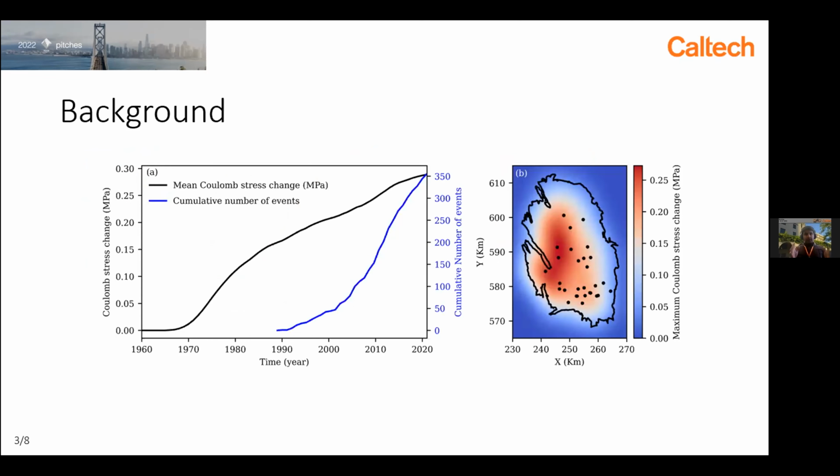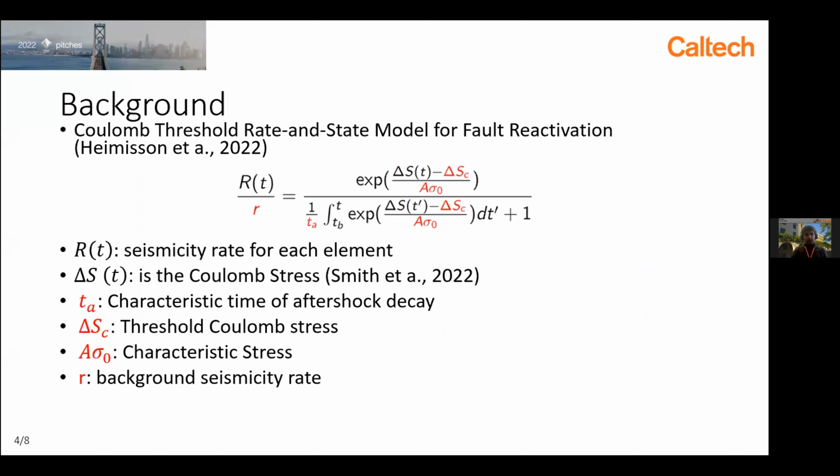So let's have a little bit of background about this project. In the right panel, you can see the Groningen, which is a state in the Netherlands. People started extracting oil from this area in the 1970s, and after 20 years, people started to feel some earthquakes happening in that area. To model and describe this behavior, we use the recent paper by Hamischen 2022 that finds